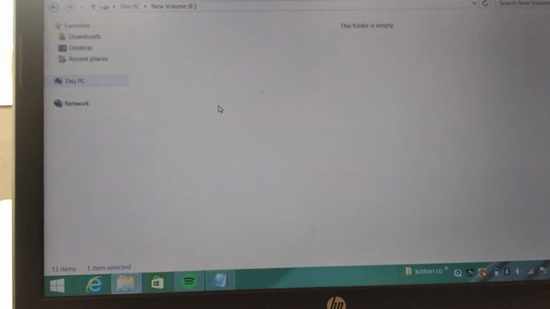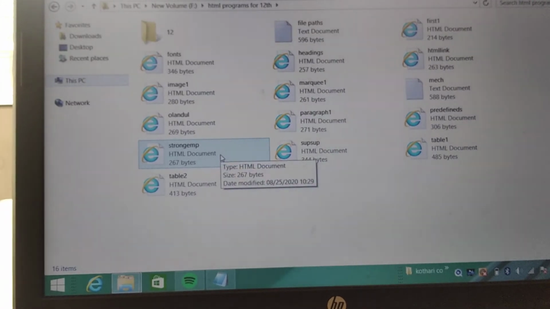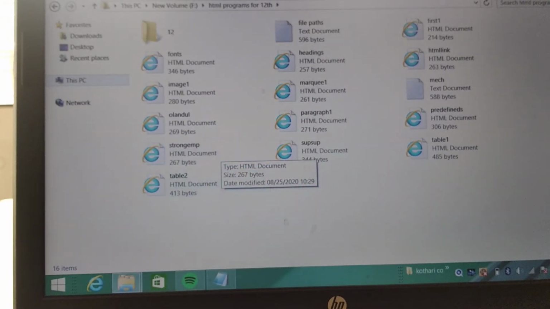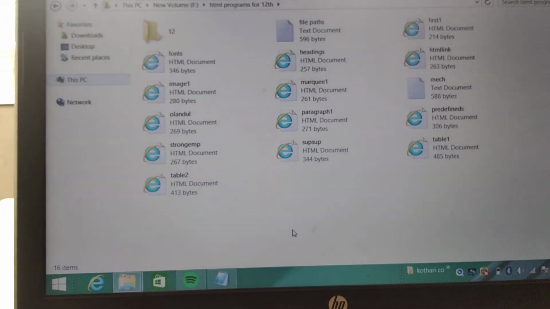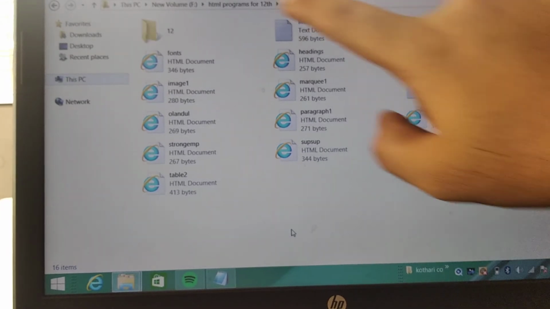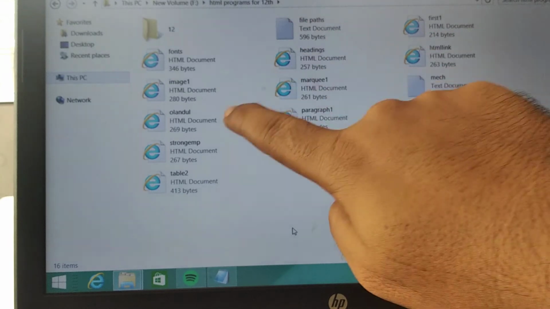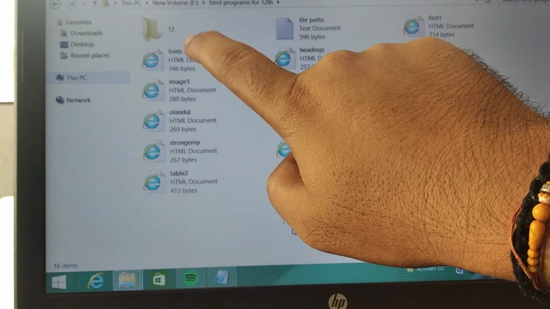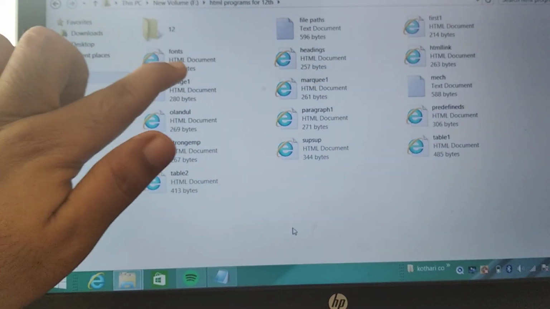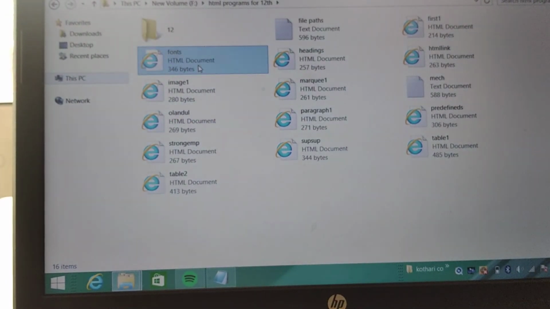My file is inside the app drive. Students, we have covered different programs. You can look at the screen. These programs are inside the app drive, HTML programs for 12th. Inside that, if I want to display this website fonts, just click over that.